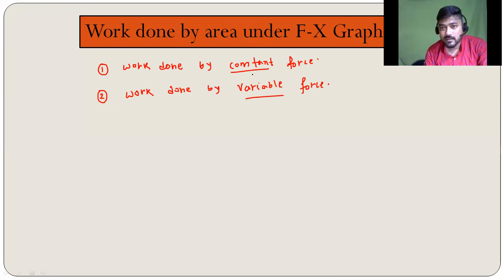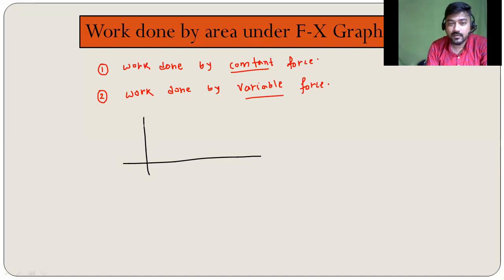So let me talk about this again to make it clear why I am saying that the work done by constant force or variable force is nothing but the area under the F-x curve. Okay, so let me draw an F-x curve. Let me suppose that this is our x-axis, and along this the force is given. Suppose F is constant, first for the case of work done by constant force. So if F is equal to constant, then the curve will obviously be parallel to the x-axis. So this will be the curve.